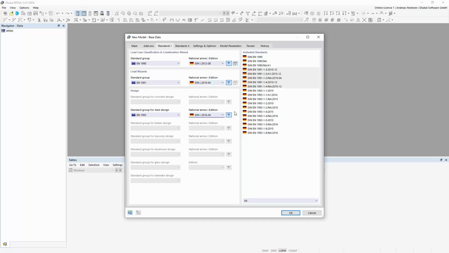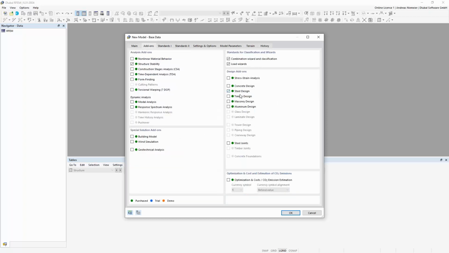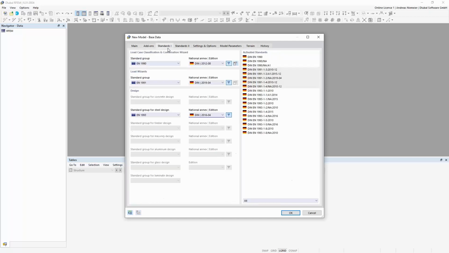And maybe to sum it up, because it's quite new: if we select Steel Design, this is now our new add-on. Compared to the add-on modules in RFEM5, where we purchased every standard separately in an add-on, here it's different. You have all standards in one add-on. So if you select Steel Design, you get all standards written in this box directly, without charge also. So it's a pretty big add-on, and the same for concrete.